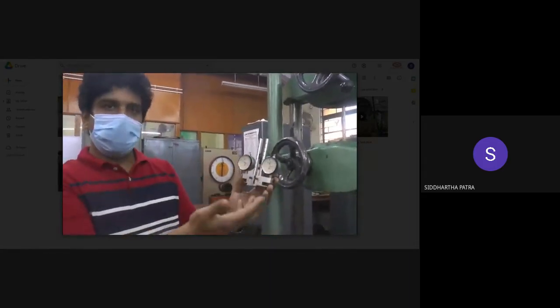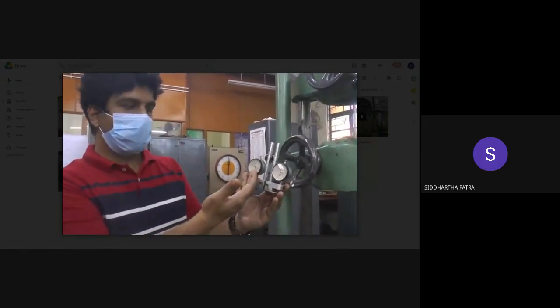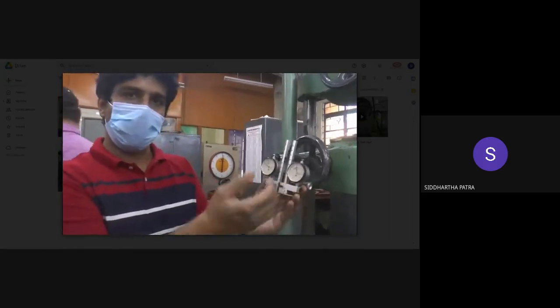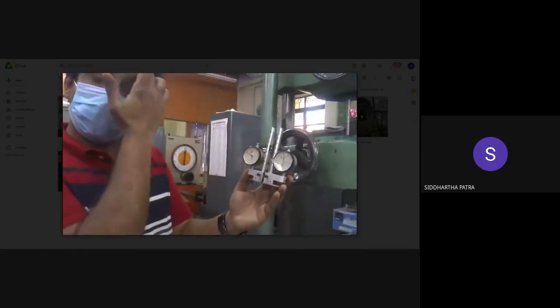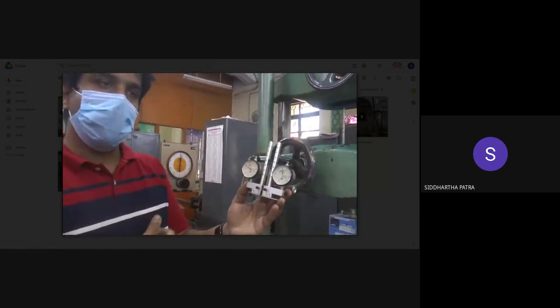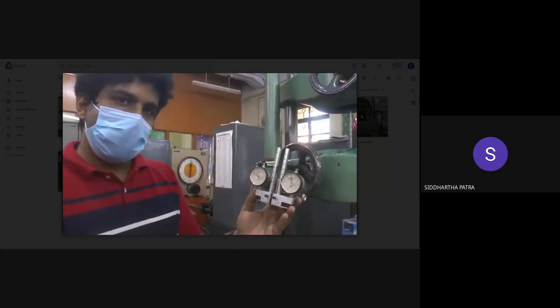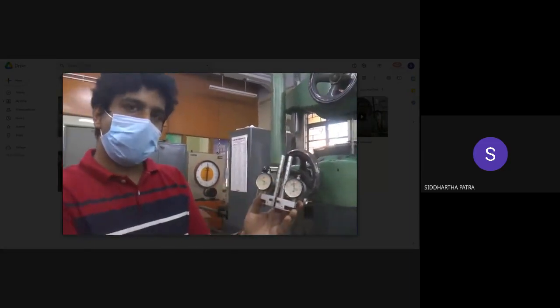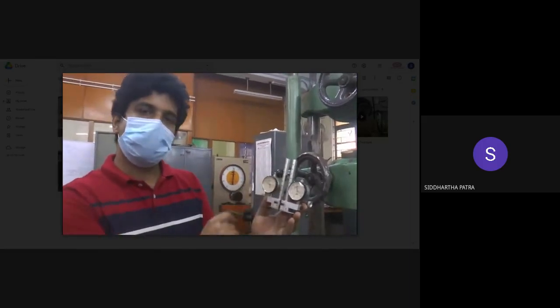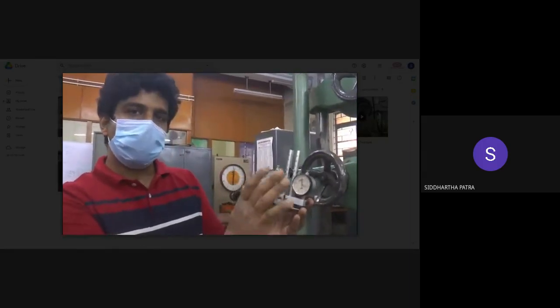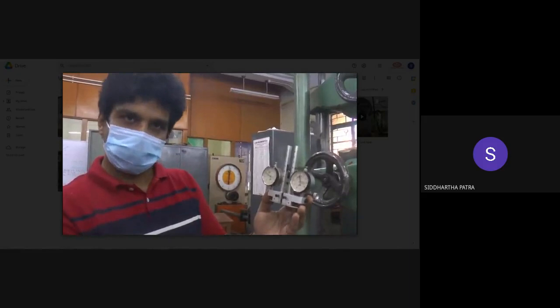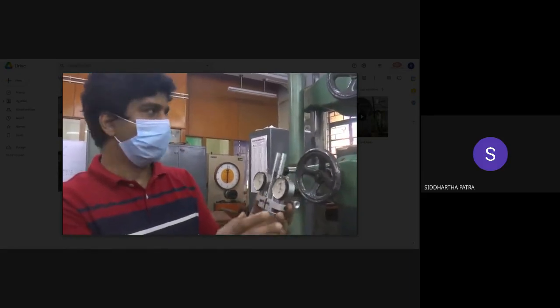So while reading the data, if let's say one of them tells you it is 0.5 millimeter of elongation, the other one tells you 0.48 millimeter, then we can take the average of that. But if one tells you that it's 0.5 millimeter of elongation, the other one tells you it is 0.25, you are supposed to ignore the smaller value. That's how we work with the extensometer.